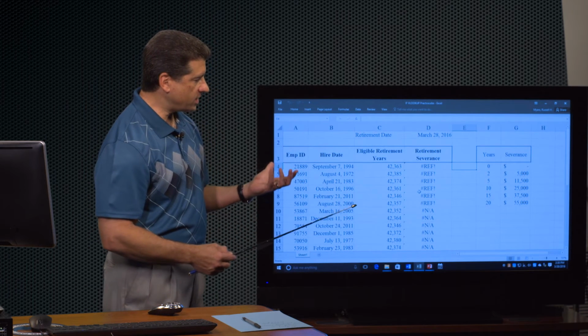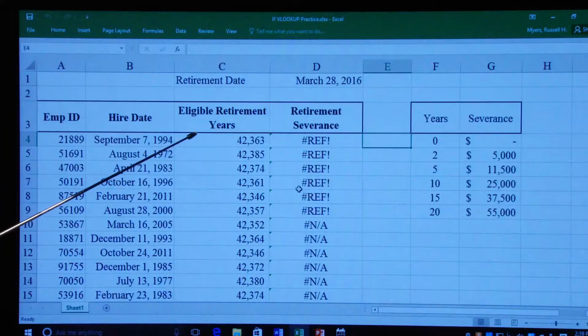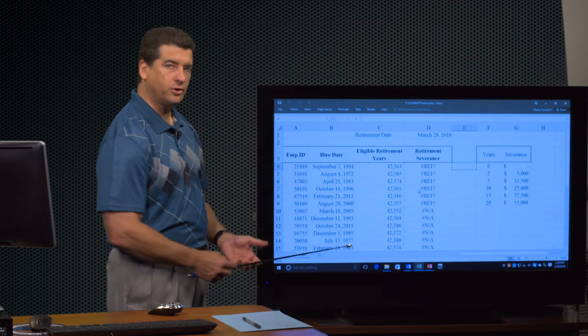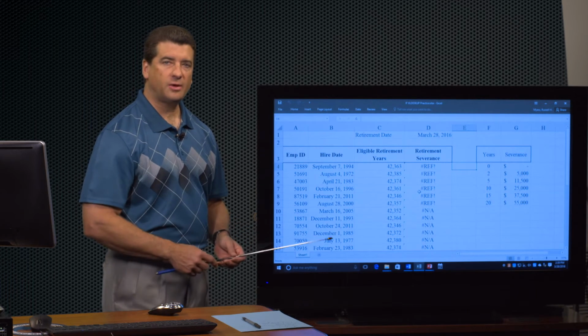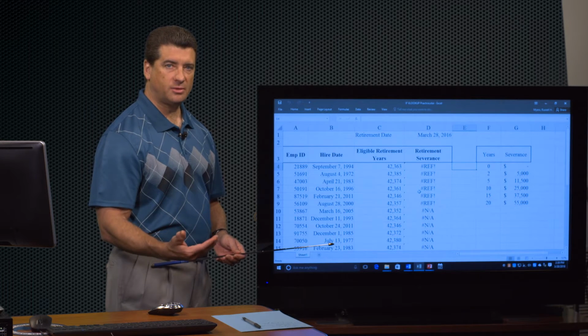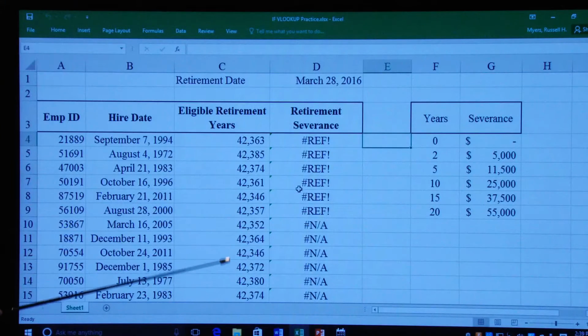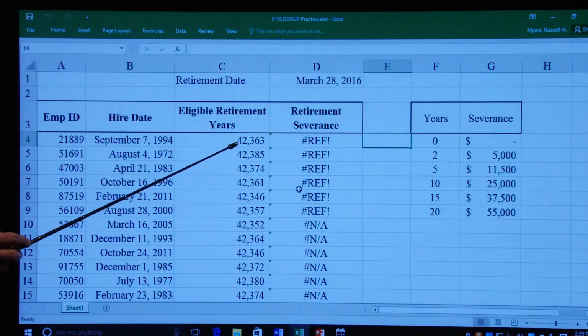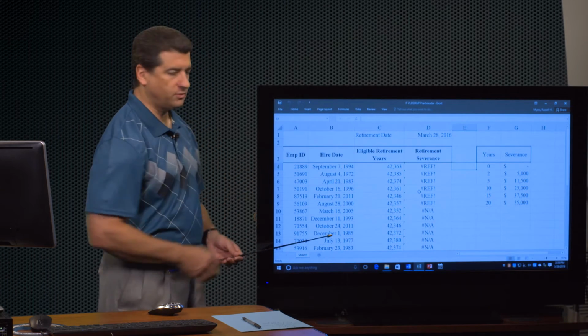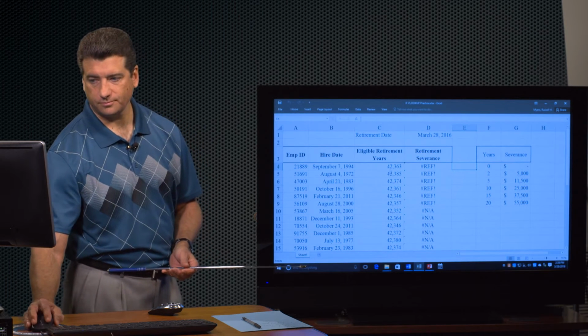All right, so in this spreadsheet, very simple, what we were trying to do is we had a list of employees and we were trying to figure out how many eligible years of retirement that the employee had. Okay, and if you look at their calculations, obviously we don't have to be Excel experts to understand, no, the person did not have 42,000 years of experience. Okay, so if we look at that formula,